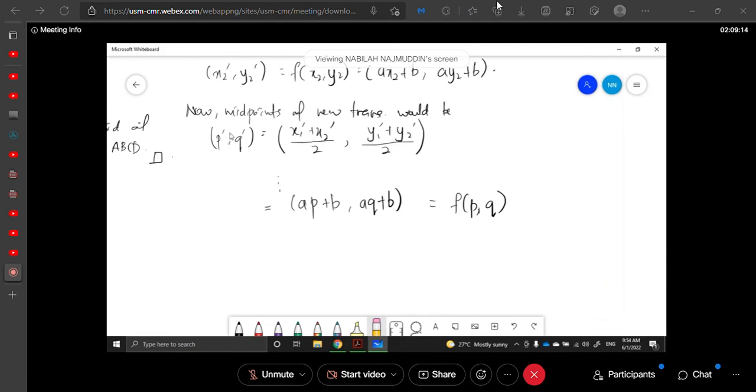So since we already obtained that the midpoint is actually the transformation of the first midpoint,